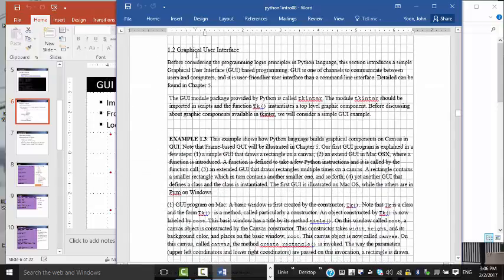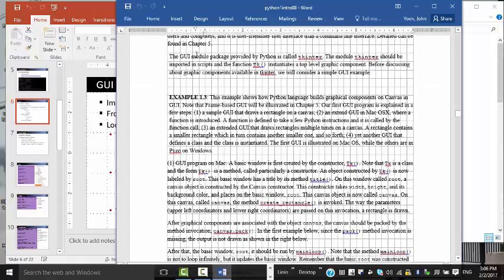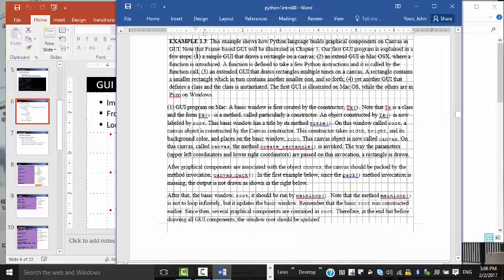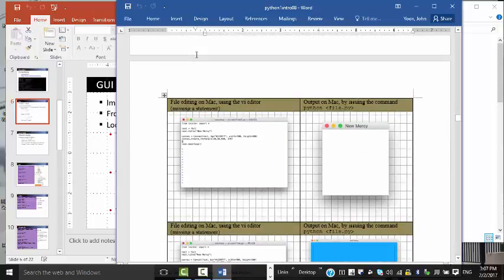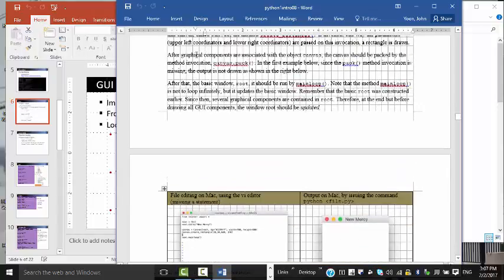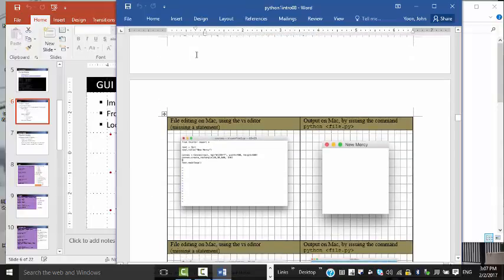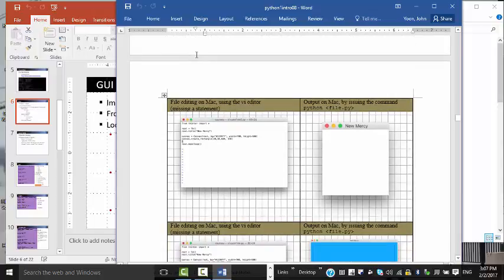Okay, here 1.2. So I started with an example. In this example, as I said, there is a GUI program on Mac and a GUI program on Windows. On Mac, because Python has a little problem on the GUI, graphical user interface. So what I did on Mac,